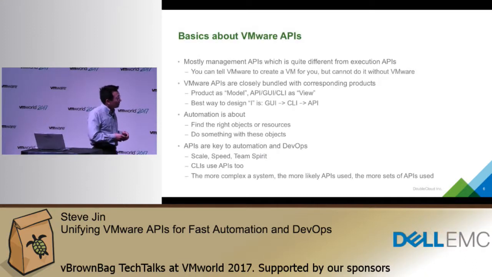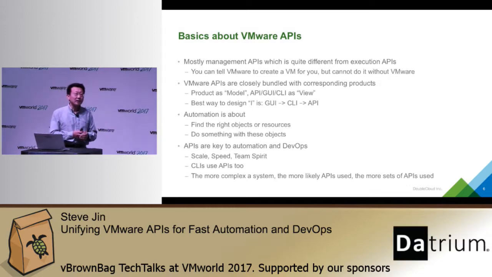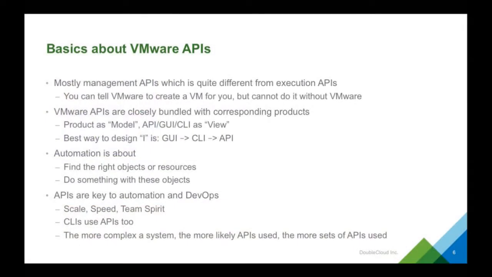VMware API is mostly management API. It's quite different from the execution API. By saying management API, we know about the manager, right? The manager tells you what to do, and you do it. Same thing for the management API. You don't do the virtual machine creation yourself. You tell the VMware server to do that. This is the difference between execution API and management API. Keeping that in mind,